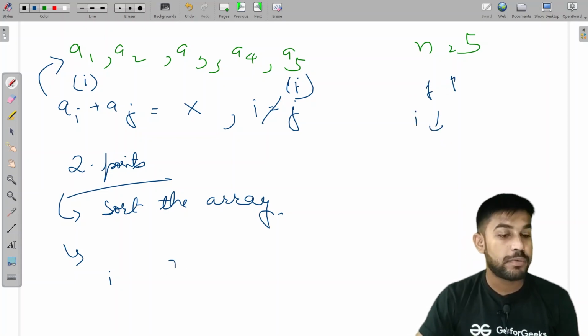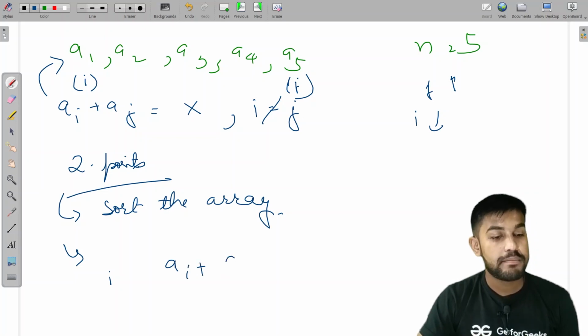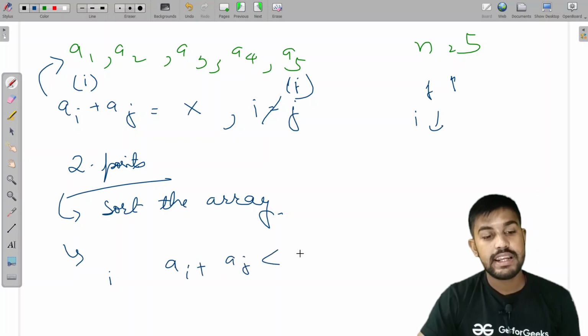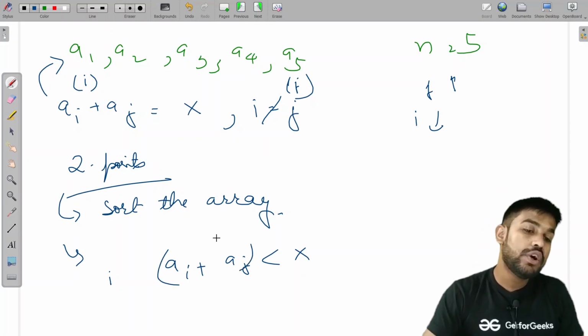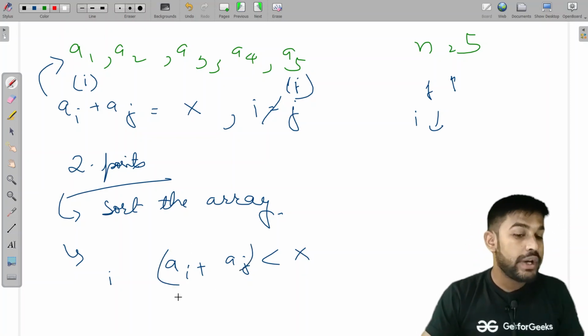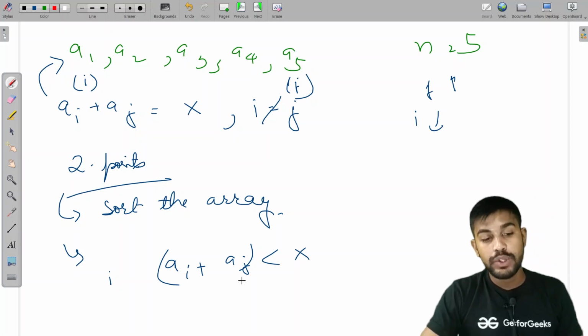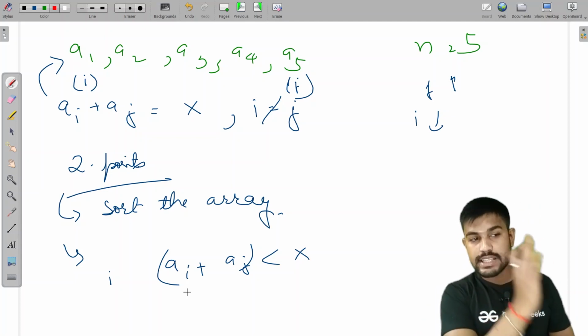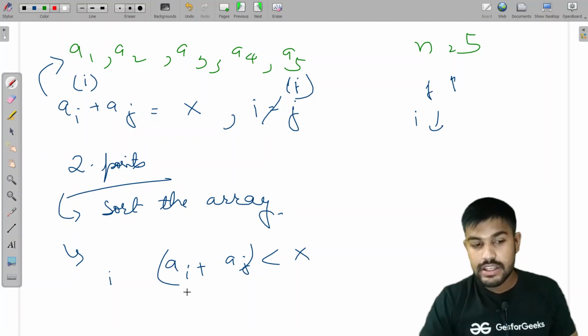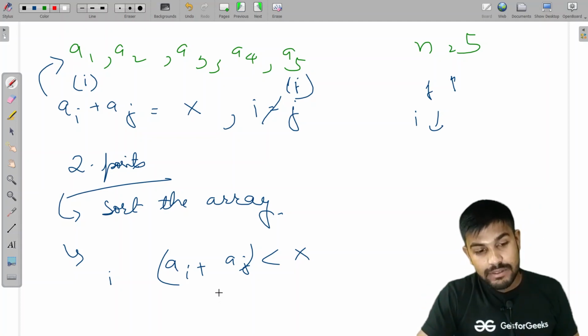Now suppose ai plus aj is less than x. What should we do? We need to increase the value to make it equal to x. To increase the value, where should we do the manipulation, j or i? We can see that if we move this i to this side, the value would increase. So if the value is less than x, we would do i plus plus.